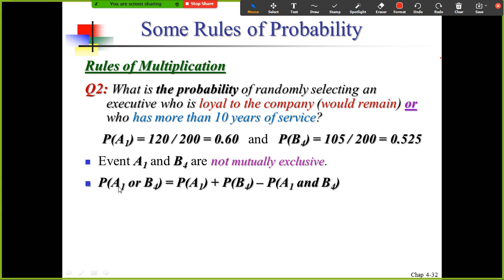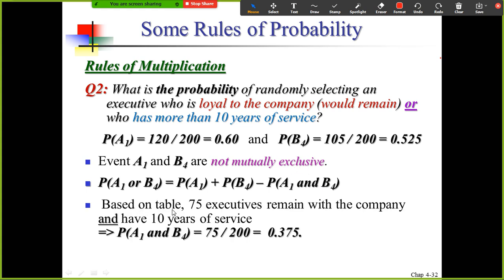So the probability of A1 or B4 equals the probability of A1 plus the probability of B4 minus the joint probability of A1 and B4. Okay, so based on the table, 75 executives remain with the company and have more than 10 years of working service. That's why this is 0.60